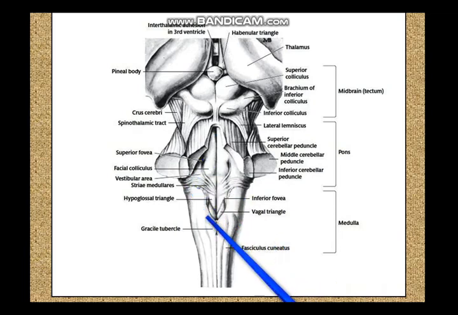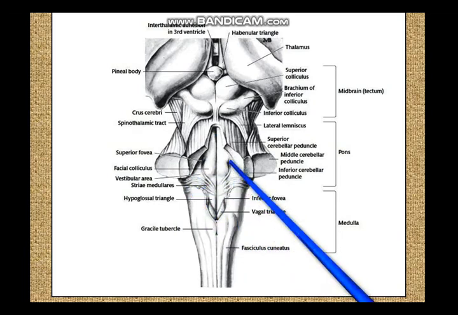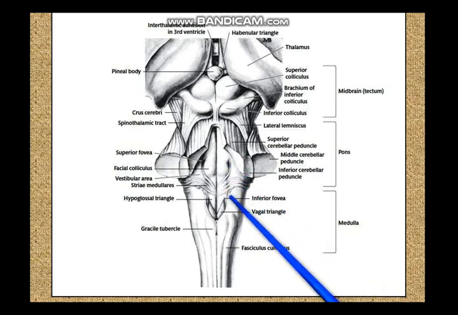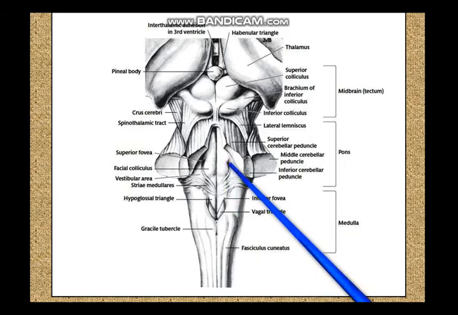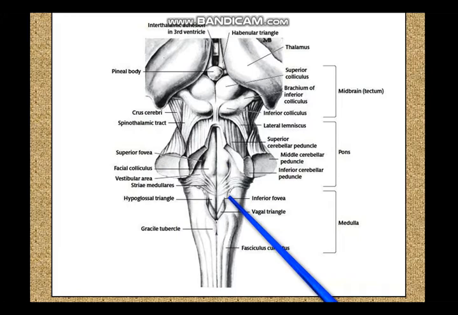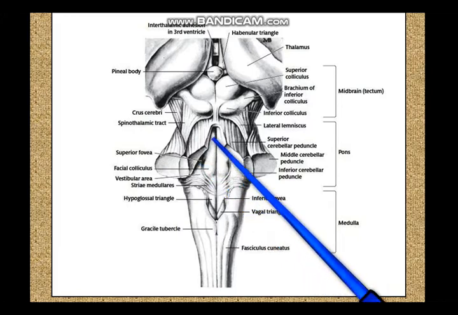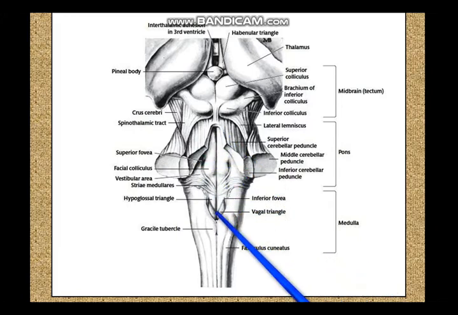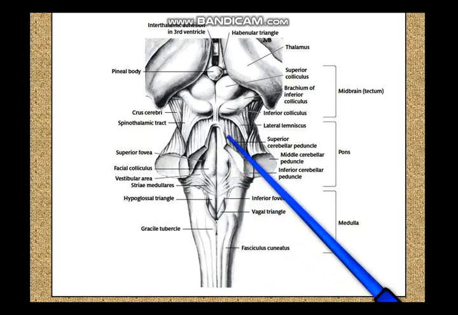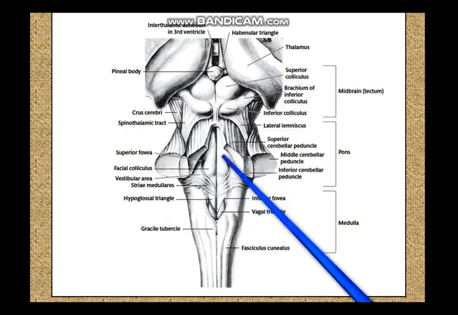Now on the sulcus limitans over here you can make out one depression above which is called the superior fovea, and you have one depression below, which is called the inferior fovea. So superior fovea, a depression here, inferior fovea, a depression here, and you have structures medial to the sulcus limitans, that is between the posterior median sulcus and the sulcus limitans over here.